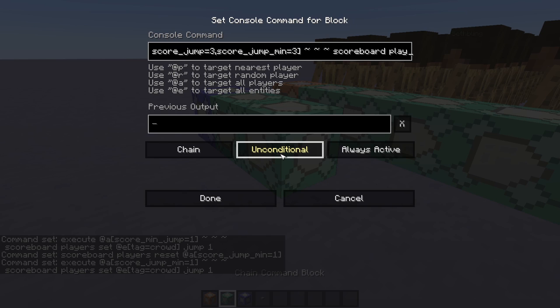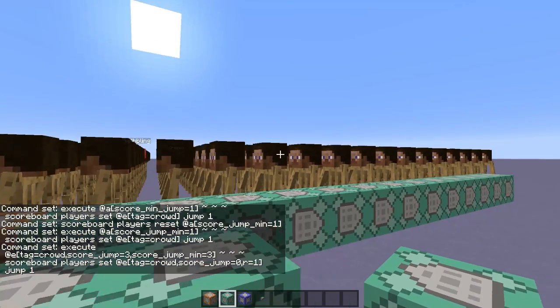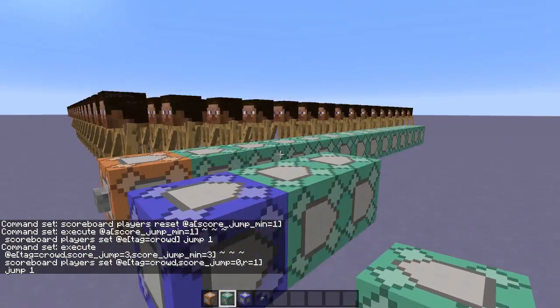So we're going to go scoreboard players set, score, we're just going to put in score jump equals 0 in there as well, so they don't target themselves. Tag equals crowd, score jump equals 0, R equals 1. Alright, we're going to set their jump score to 1. So when an armor stand has a jump score of 3, it will set the jump scores of nearby armor